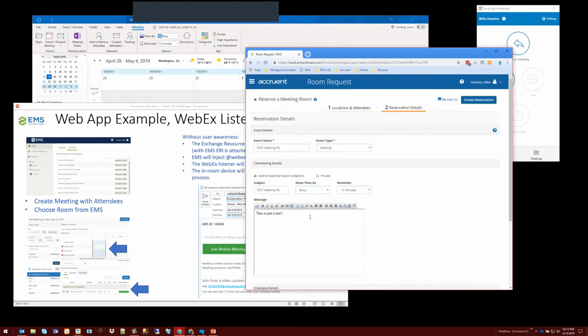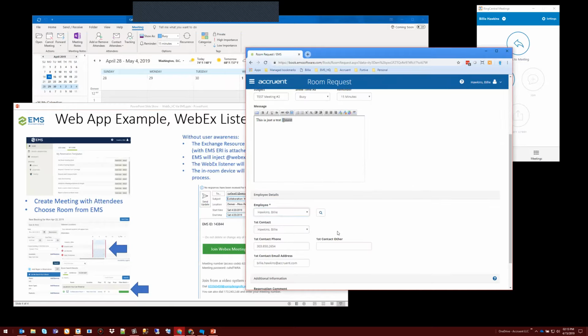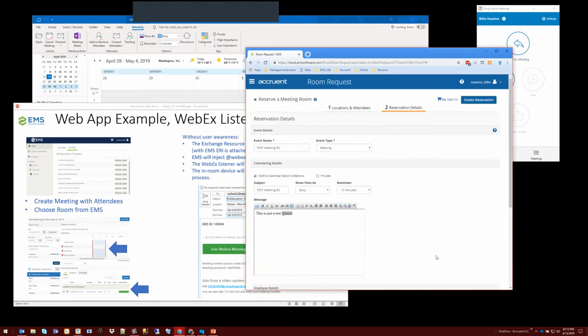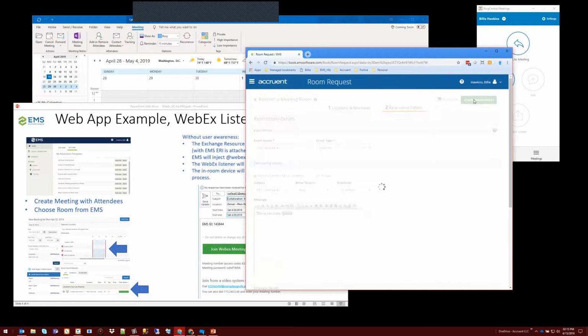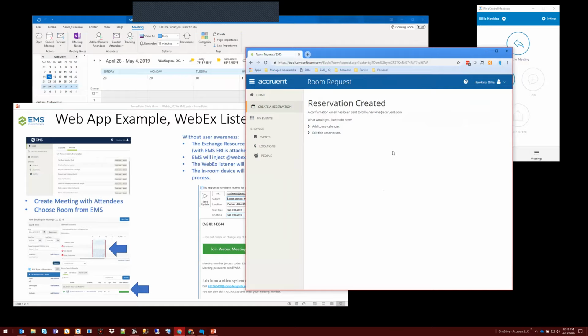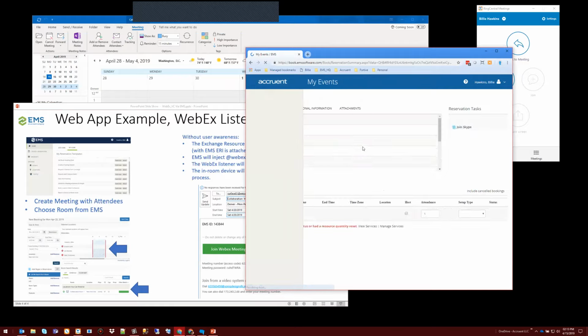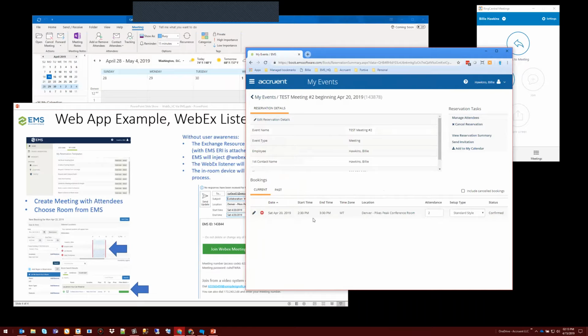this is just a test. Now, in this particular area as well, we can inject the @meet here manually, deliberately, meaning EMS can inject that information automatically, or as I mentioned before, we can also select that information or provide that information in the location bar as well. In this case, I did not include that. However, that is a capability. This would be the primary method of integration for the web-based application, to inject that @WebEx or @meeting, because that information would then be provided here in the location area that would present that to the listener service